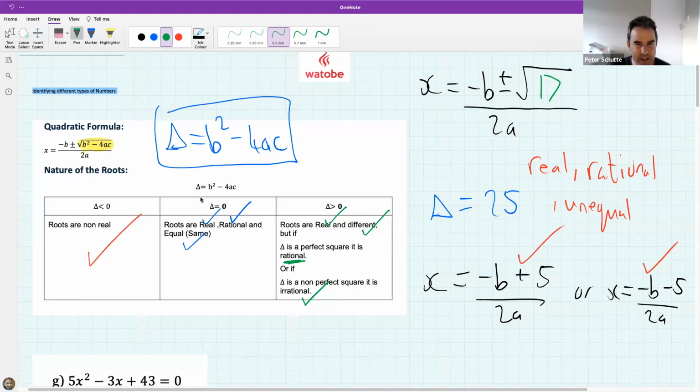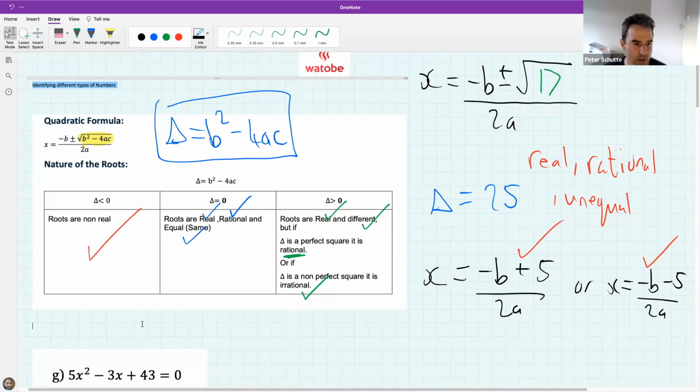So can you give me a thumbs up if the value of delta and its relationship to the types of roots we have makes sense to you? Give me a thumbs down if you don't understand this relationship, because it's important going forward. I have a sense of what the class feels like they know. We can do one more